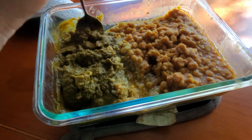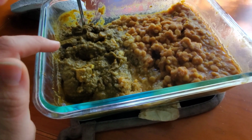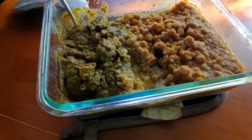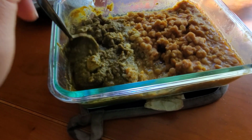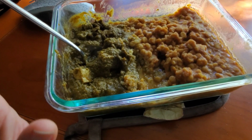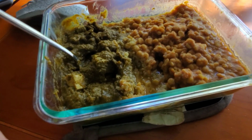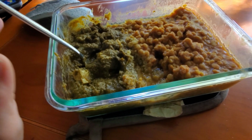And the palak paneer in particular is one of my absolute favorite dishes to make. It's so spicy and delicious, but the great thing about it is this blended up sauce is just greens. I had a ton of those bolted plants I had to move in my yard for planting the new plants, and a ton of my bok choy had started to bolt. A lot of times I still eat my greens even after they bolt, but I try to catch it early. And so I had a giant pile on my table of greens, and this is one of my favorite